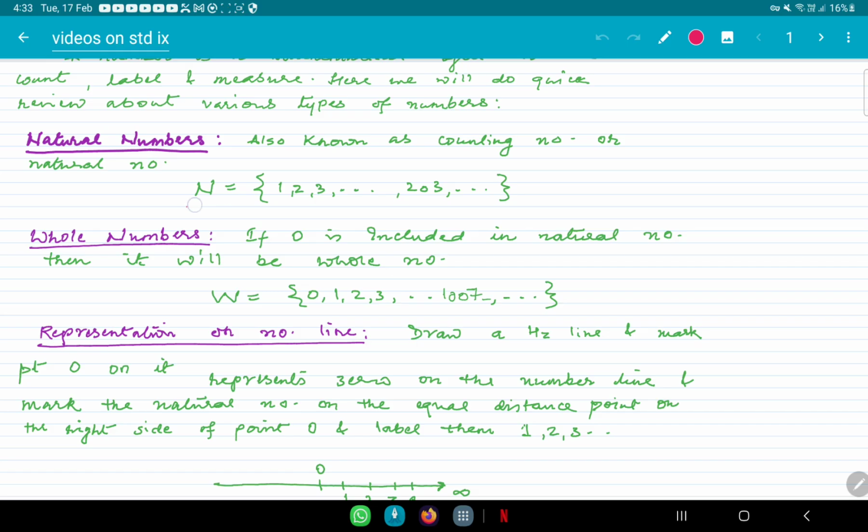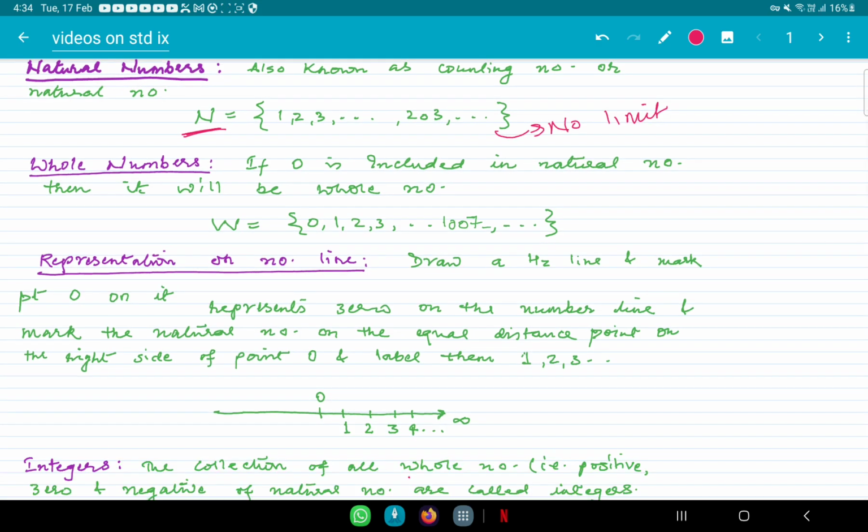So capital N is denoted for natural number, and N can be defined as N equals curly bracket open 1, 2, 3, and so on. So there is no limit. There is no limit means natural numbers have no limit. If we say the highest number is 1002, the next one will be greater than that. So there is no limit for natural numbers. Now next is